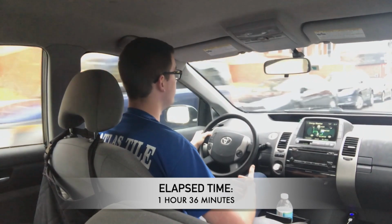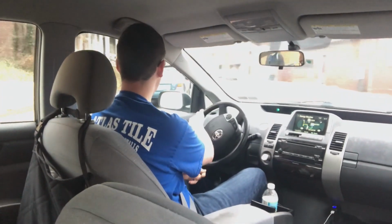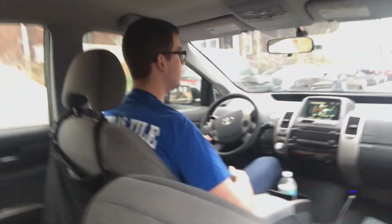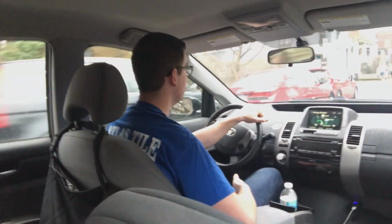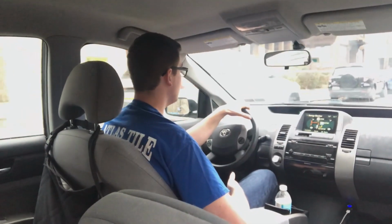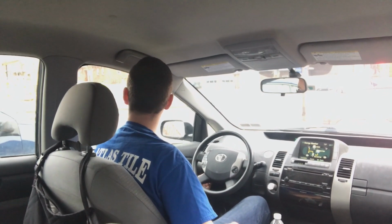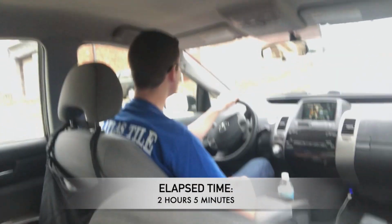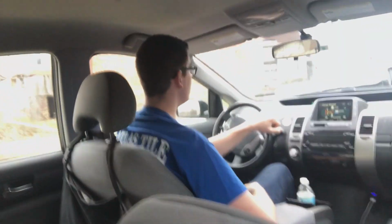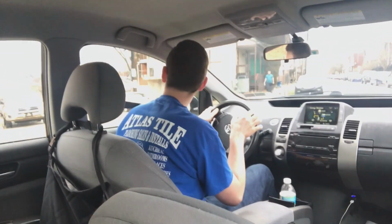One thing I will say I haven't really considered during the planning phase of this is how hard it would be to drive and search at the same time. I'm trying to go slow speeds here, looking left, looking right, and it's impossible to look accurately. There's a little parking lot up there that I can see half of, a driveway down there. When you actually get into this situation, it feels a little helpless because there's so many places that it's impossible, whether you're walking or driving, to look down every one of these little alleys, these little side